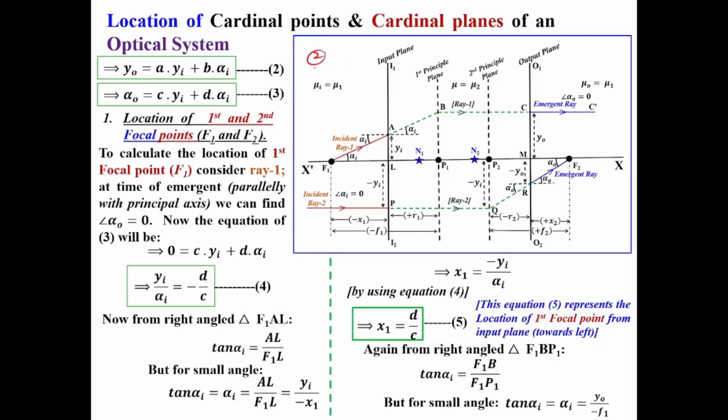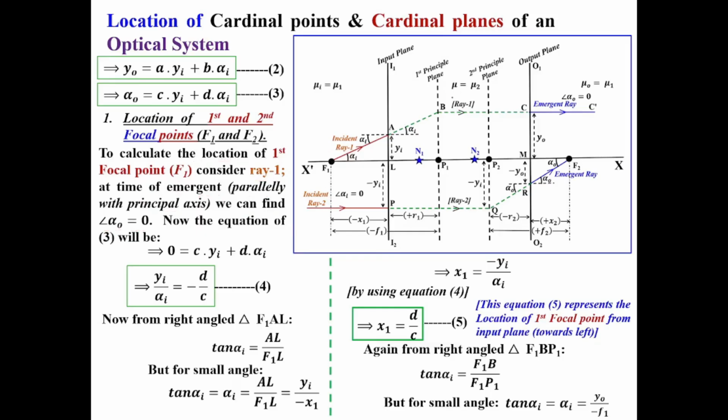Okay, this figure itself carries 2 marks. So perfectly, you just draw this figure in your note and practice it. To calculate the location of first focal point F1, consider ray 1, this one, incident ray 1. At the time of emergent, parallelly with principal axis, we can find angle alpha O equal to 0. Here this is the incident ray,